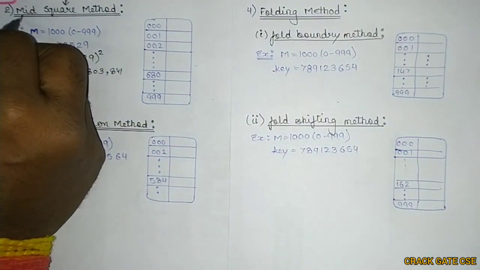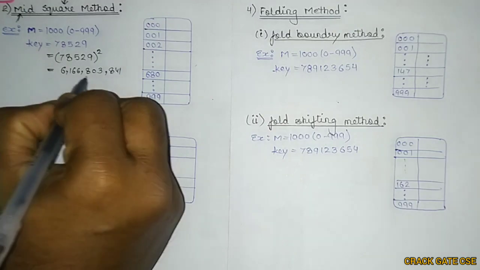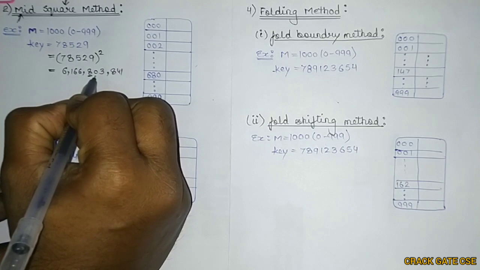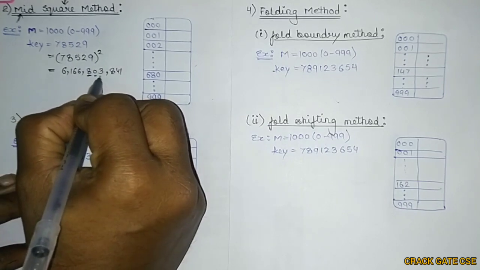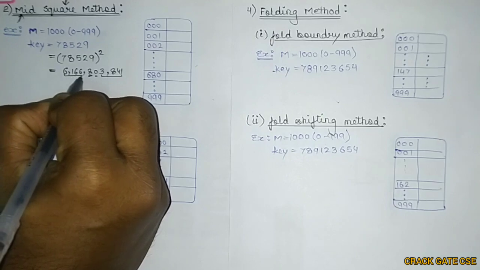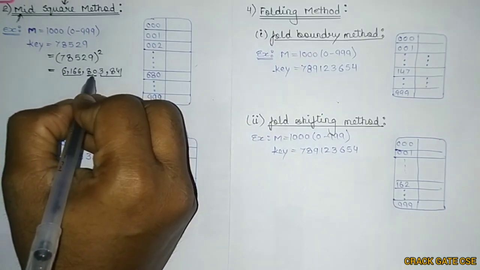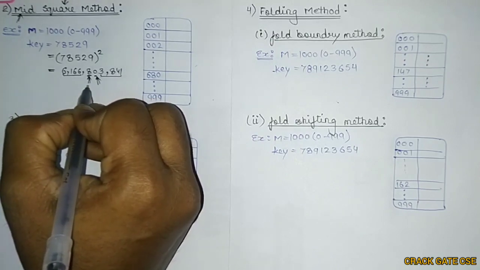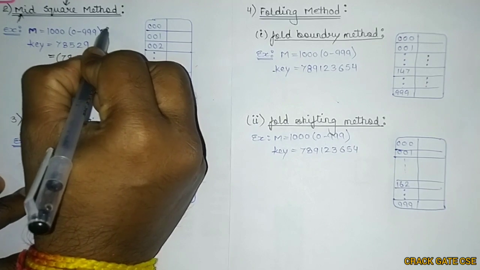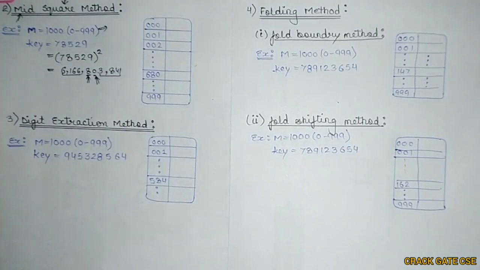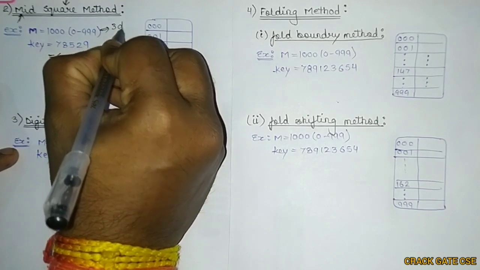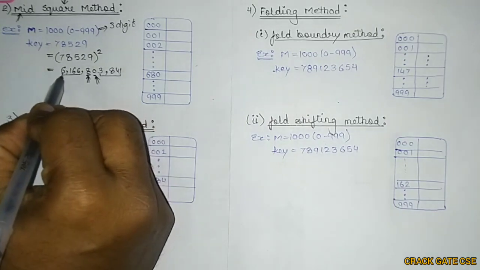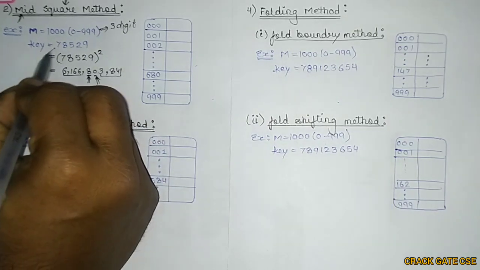Now we will be going to the mid, right? What is the mid? You can see that this 8 is the mid, and this 0 is the mid, because 4 digits are on the left side and 4 are on the right side. So this is one mid, and this is another mid. That means we are having two mid values. But the range is 0 to 999, that means the range varies in 3 digits. That means you have to pick 3 digits to map this particular key.